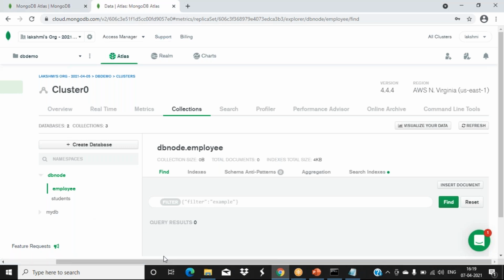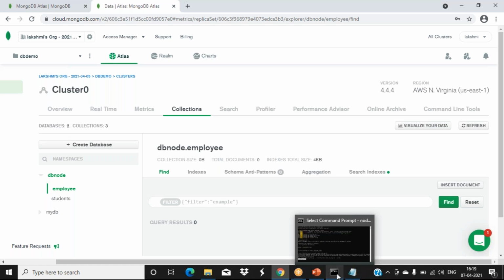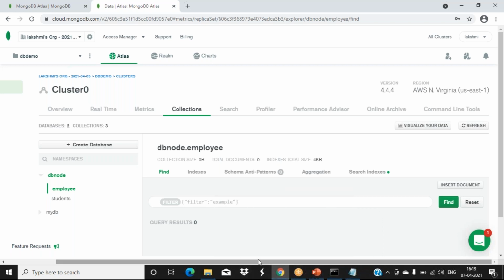Okay. Now we'll see. This program is just to show you how it is connecting to the database. The method we used is the connect method. In that we have to pass the URL which we created in our MongoDB. How to get the URL, I also showed you, we have to follow the steps.